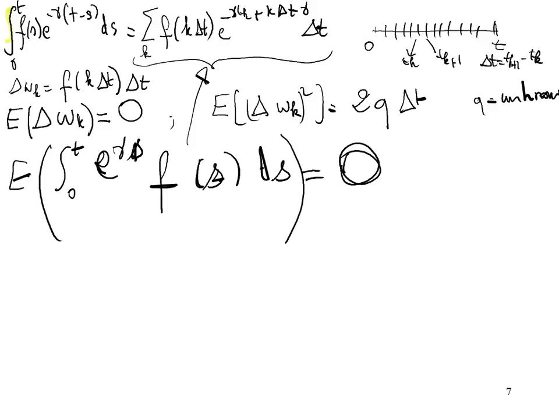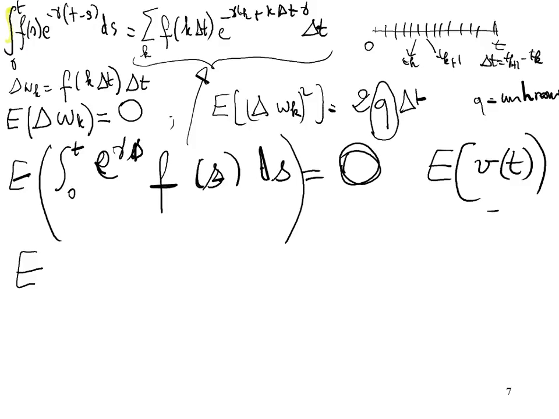And so the second thing we would like to calculate to characterize this coefficient gamma, this coefficient q, is to look at the expectation. This says that basically the expectation of the velocity is 0. That is, the particle has equal chance to move on the right or on the left. However, a characterization of the motion will be given by the velocity squared. So we would like now to calculate the expectation of this, and as t goes to infinity,